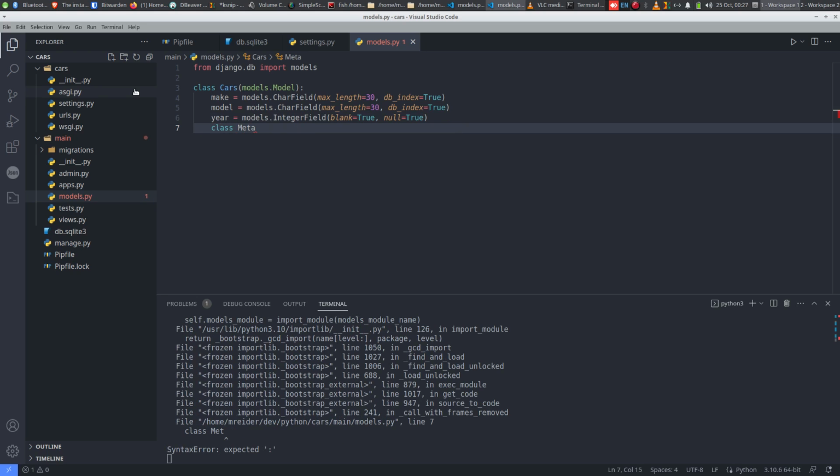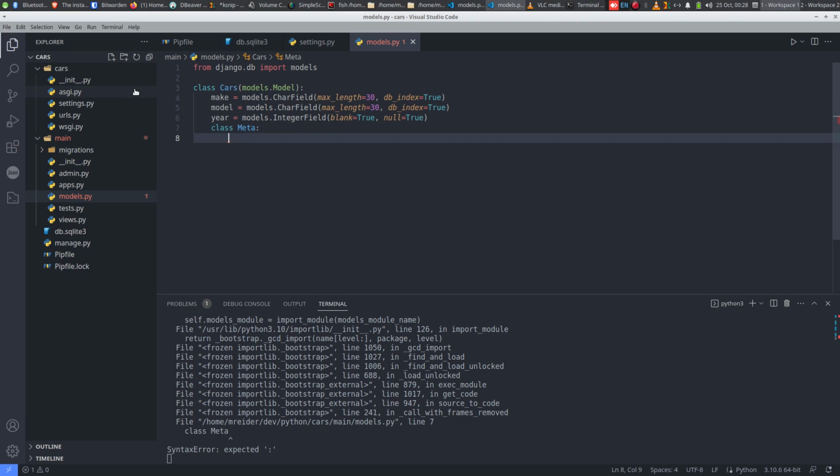So for example, we don't want to create a record for the same car, right? We don't want, say, Toyota Corolla to be inserted twice into the database. We only want one Toyota Corolla. So we need a way to somehow limit the entry into this database according to the type of data you put into a combination of fields. So we're going to say constraints,